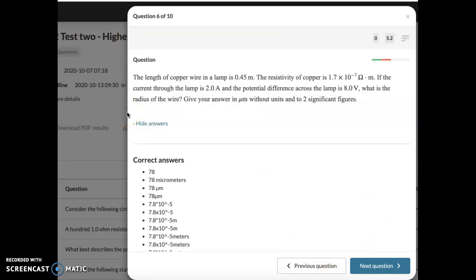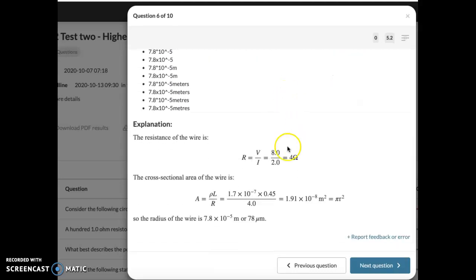Question 6. This is a simple resistivity question, and I assume the only reason why you made a mistake was because of the conversion to micrometers. The rest of the question is fairly straightforward. You have resistivity, you're not given the resistance, but you are given the current and the voltage. So, you work out the resistance, which gives you 4 ohms, and then use the resistivity formula to give you the